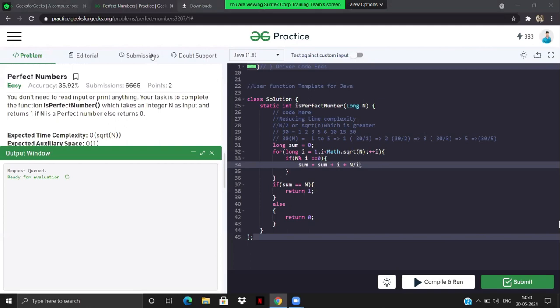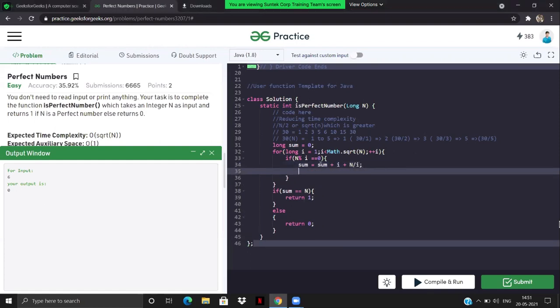So we are not getting the correct output. Let's try to debug it, right? So how exactly should we debug it? I have seen in interviews that most people feel they can't even debug their own written code. They are not able to debug, right? That shouldn't be the case. How should you debug it?